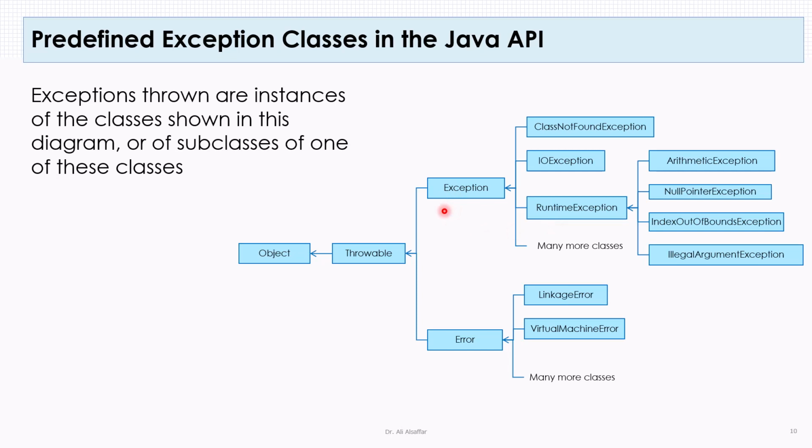Now suppose you want to catch two exceptions and one is a subclass of the other. For example, the arithmetic exception is a subclass of the general exception. If you want to catch these two exceptions in your program, make sure to catch the exception that is a subclass of the other one. So you have to catch the arithmetic exception before the general exception. Otherwise, you are going to get a syntax error. We have seen this in a previous example when we tried to catch a general exception before catching the input mismatch exception, and we got a syntax error. So you have to catch first the input mismatch exception because it is a subclass of the exception,